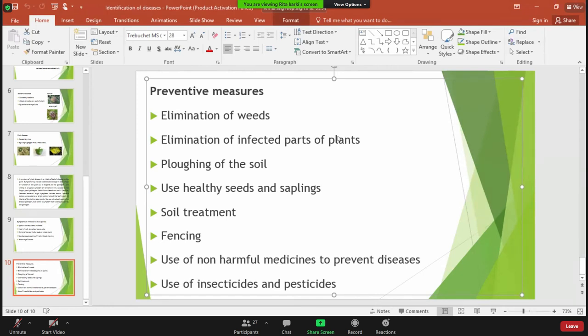Weeds are one of the very major factors that generally cause varieties of impact on a larger number of the fruit trees that are present in our surrounding area. Not only do they cause impact on fruit trees, but they also cause impact on several other plants. These weeds generally take the nutrients that are needed for the plants to grow and develop properly. That is why elimination of the weeds is very, very important.